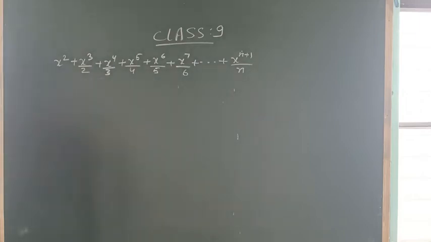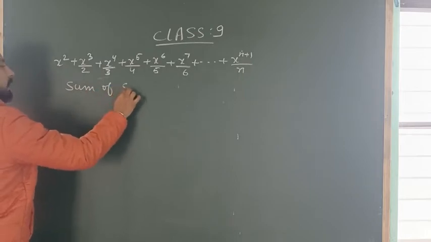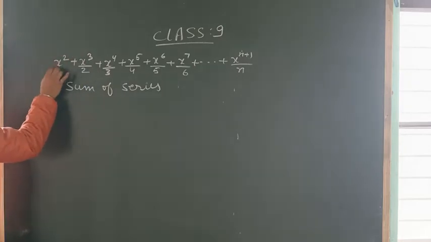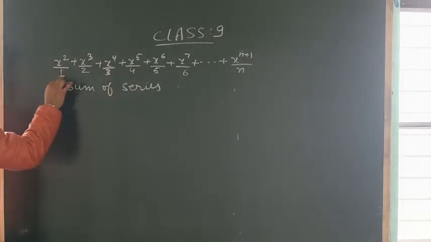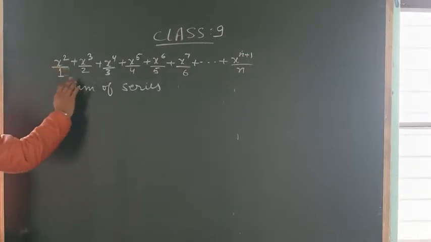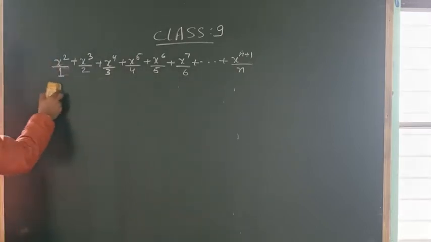So good morning students. In this video we will solve this question and understand how to solve it, as this is the question of our sum of series. This is our sum of series question in which we have the numerator and the denominator. Suppose it starts with a 1, because this is not containing any fraction, even though all the other numbers contain fractions. So here I will take it divided by 1, that will not reflect in our result, because if we divide anything by 1 it does not change our result.